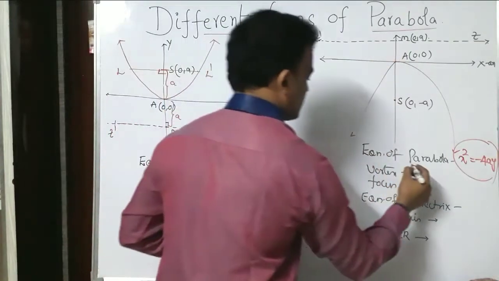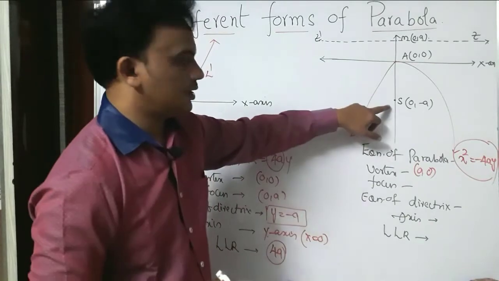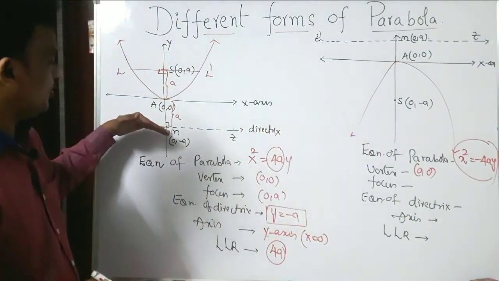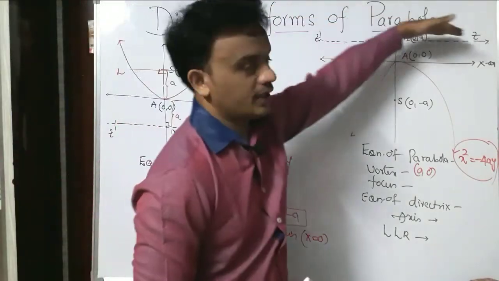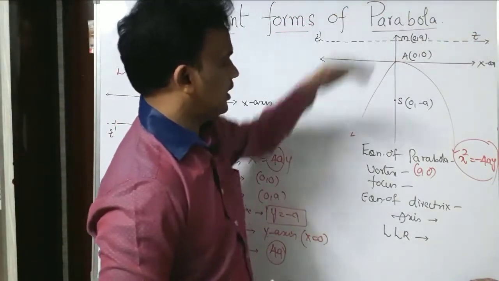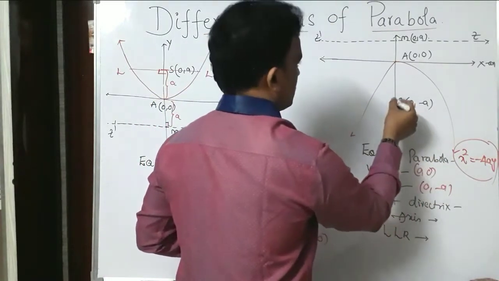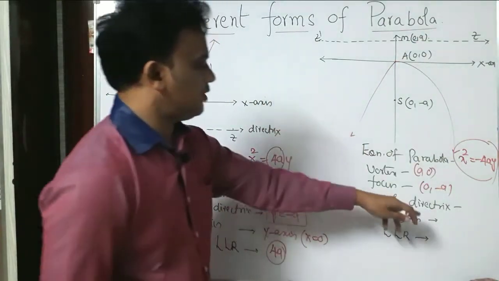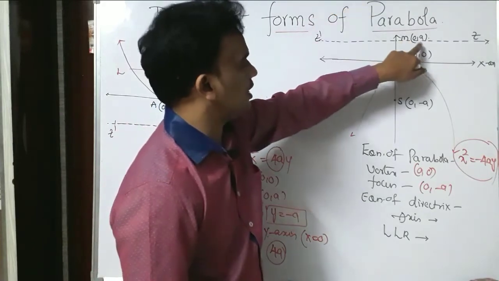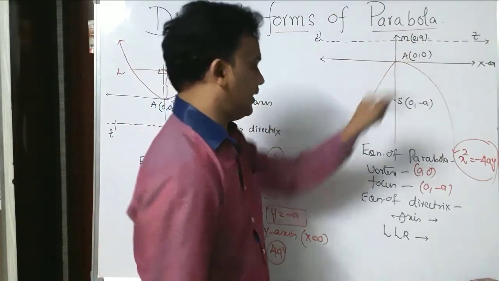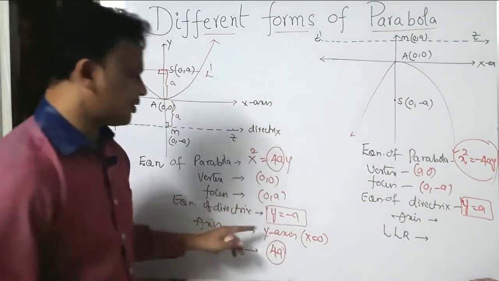In that case, what is the vertex? Vertex is 0, 0. So can you say the focus? Focus will be here. So here the point M will become the focus and S becomes the line passing through the directrix. So focus is 0, minus a. This will be the focus, and M will be 0, a. What is the equation of the directrix? The directrix is parallel to the x-axis, so y is equal to a constant. Here the y coordinate is a, so y is equal to a, and in this case y is equal to minus a.